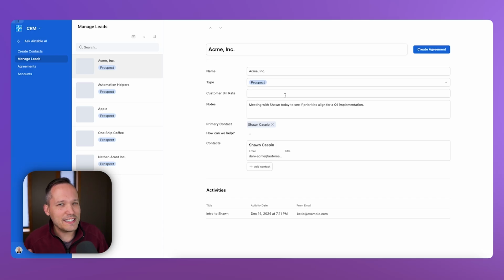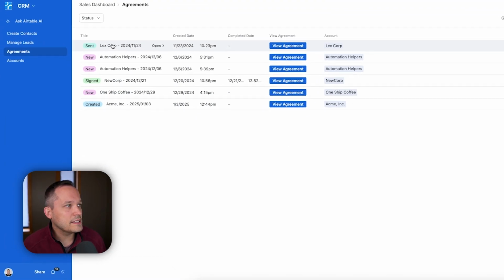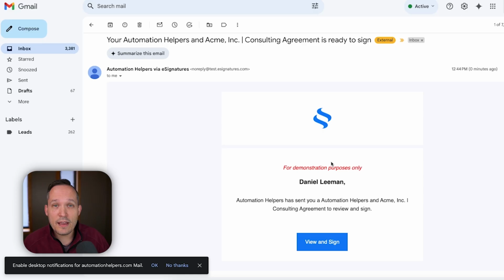Well, we don't want to have to take all that information and now populate it in another tool, in our e-signature management tool. So in this case, we'll put in something like a bill rate. We'll say $200 an hour, and all we need to do is create a new agreement. So let's go ahead and press this button. If I head over into my agreements tab, this is where we're going to see the different agreements that have been created. So we've got this new agreement for Acme Incorporated,